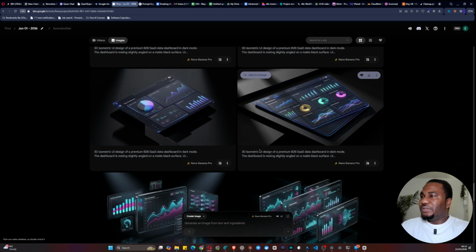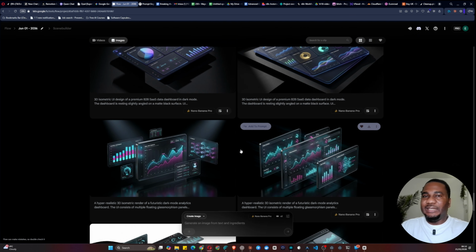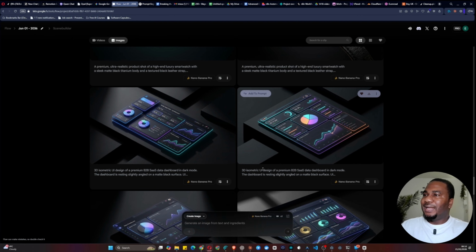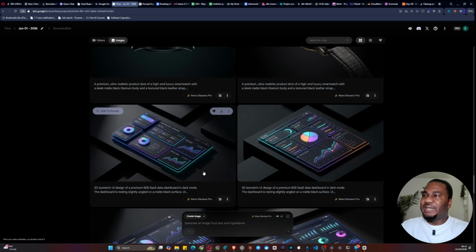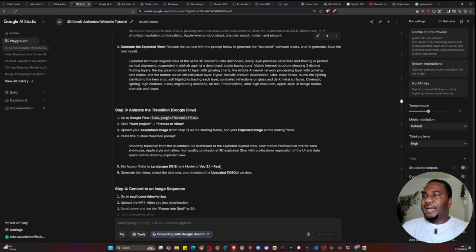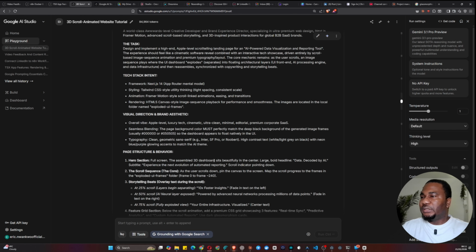So now, this is when I start creating the asset for the 3D dashboard. When I got to a point, I realized that this looks quite all right, but it might not really work for what I want to achieve, because I needed something that explodes and also comes together. But if I go with this dashboard, it might not look good when it's exploding. So I felt, yes, this all looks very good, but I don't think this meets the standard of the kind of website that I want to create. So I had to go back to AI Studio, and I had to tell it,